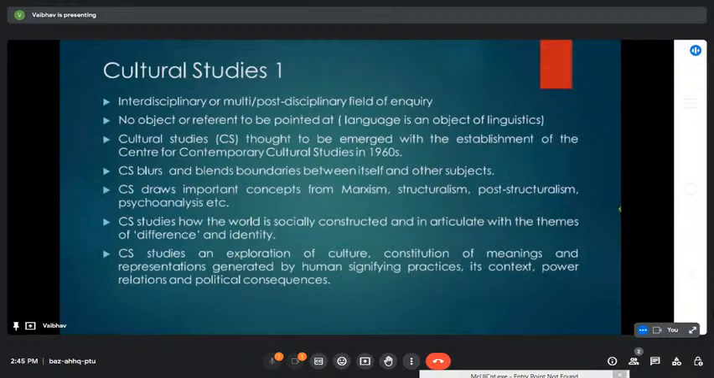So, what are the signifying practices? Is it only verbal language? No. All the signifying practices and their context. See, pragmatics and all these things are studied because meaning is in context. The power